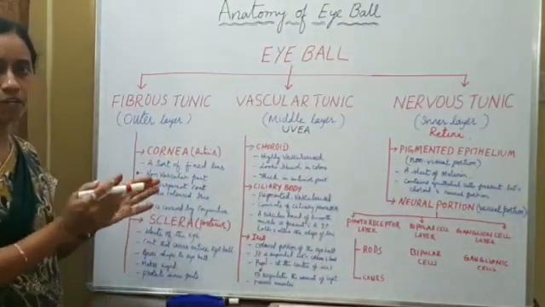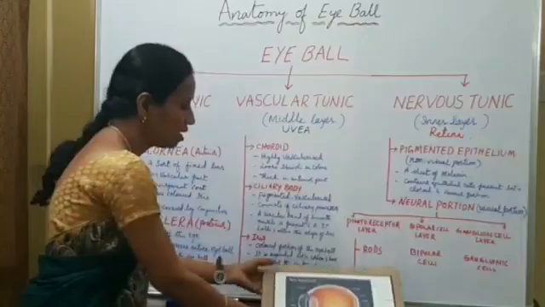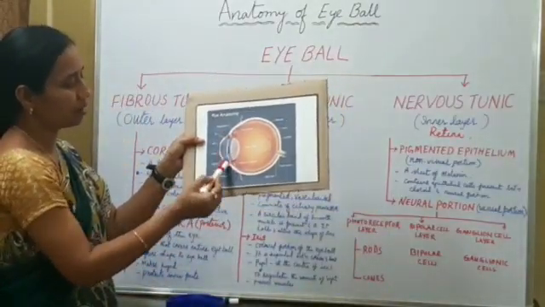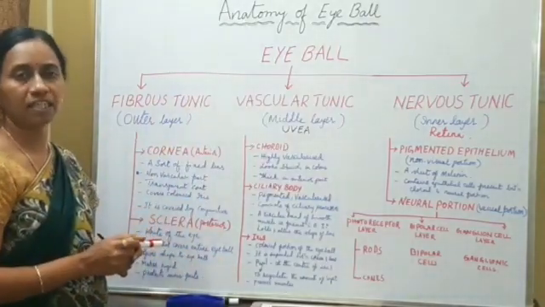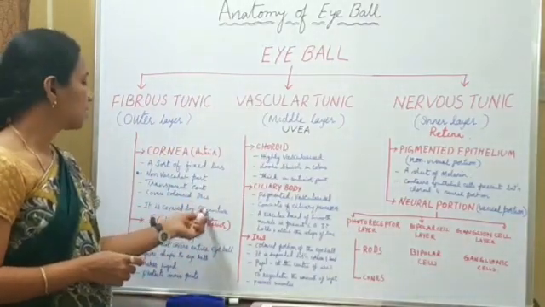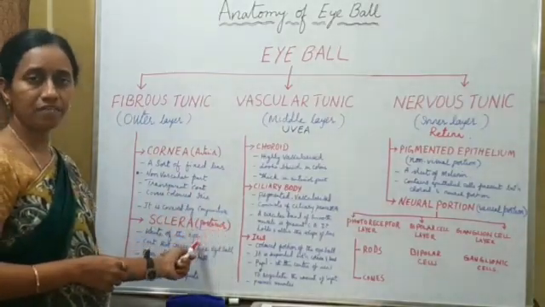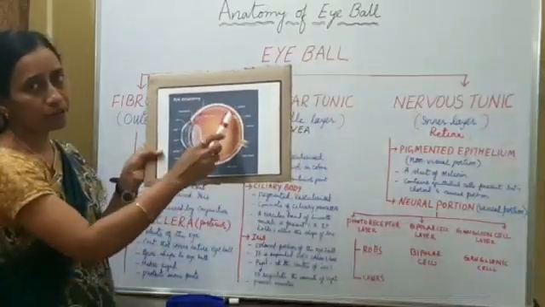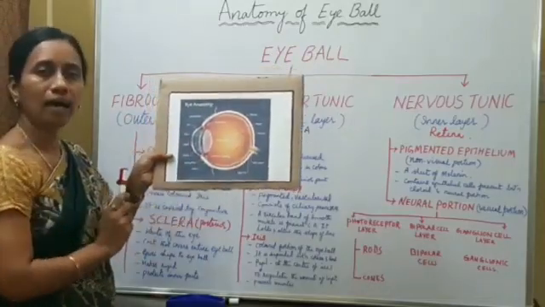It is a transparent coat and it covers the iris. If you see here, this is the iris of the second part, and it is covered again by a transparent thin sheath, that is the conjunctiva. The next part is the posterior part, the sclera. It is the white of the eye. It is rigid in nature.